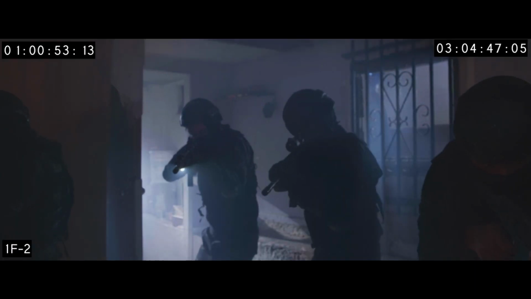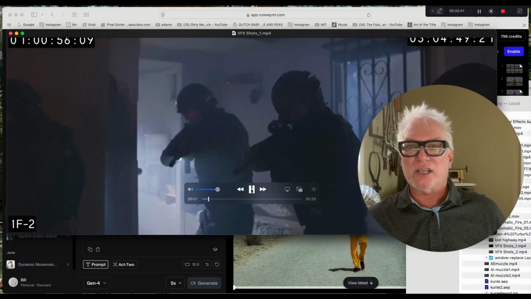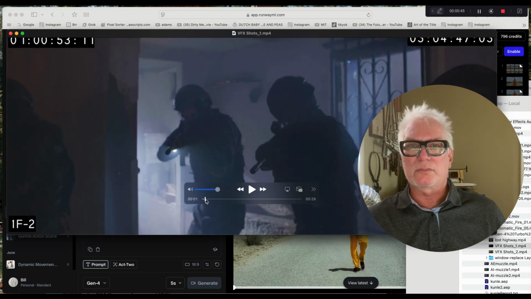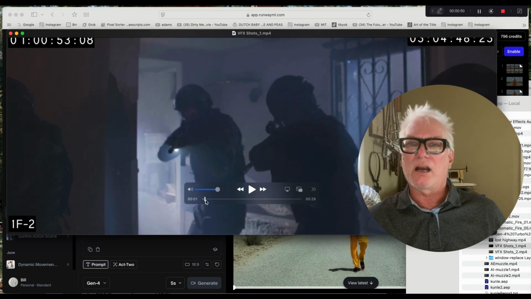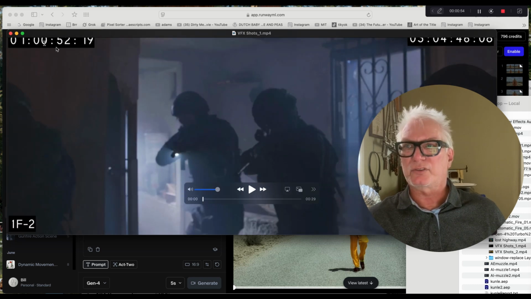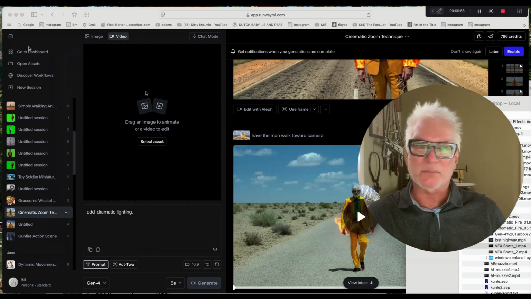The first one we're looking at here is some footage shot by one of my students, and that's the shot there. There's two of them, and it's, you know, a SWAT team. They're shooting their guns, and all of the muzzle flashes will be added in post. Now we went ahead and did this in After Effects, but first let's look at what AI could have done